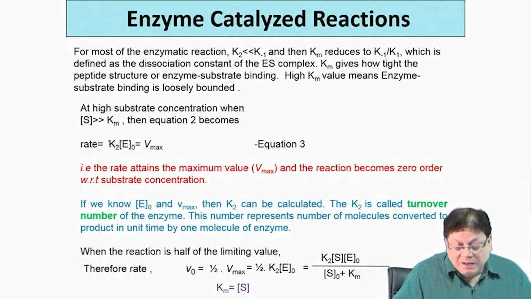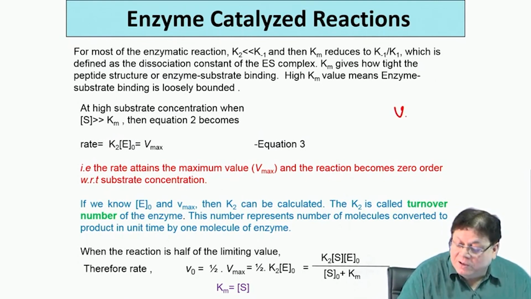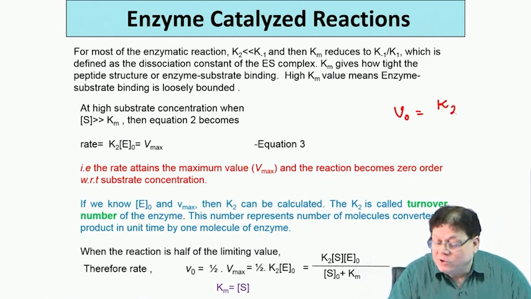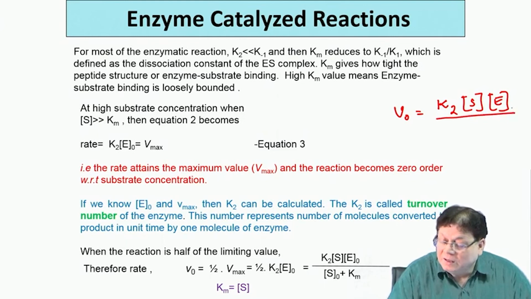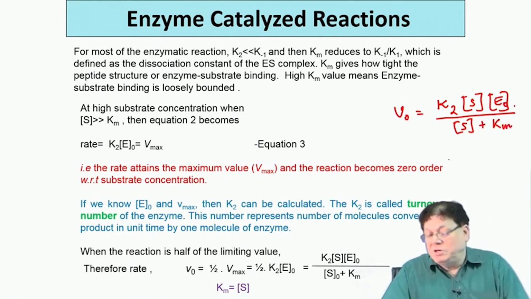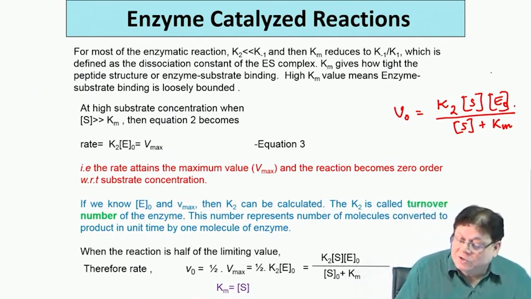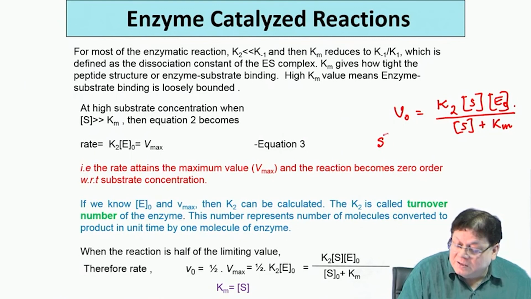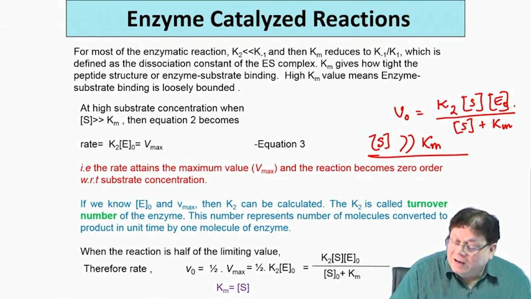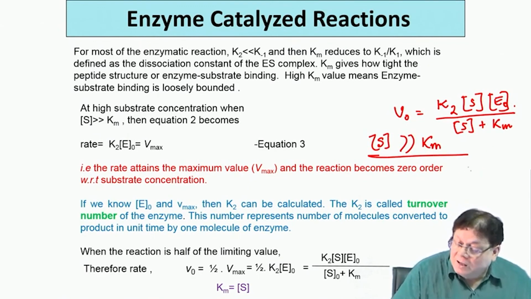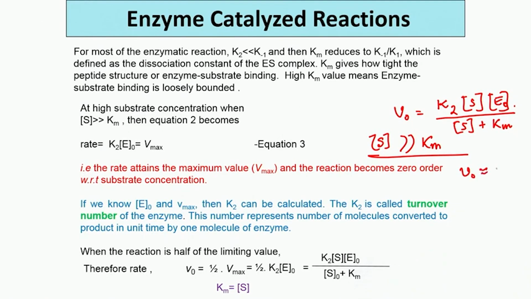The equation that earlier you have is V0 equal to K2 into S into E, I am just dropping the zeros, and then you have S plus Km. You can put 0, actually initial enzyme concentration is important. What is varying is the substrate concentration. Now, when S is much larger than Km, then what happens? You can now neglect the Km part of it. If you do that, you will see that V0 is becoming equal to K2 into E0,